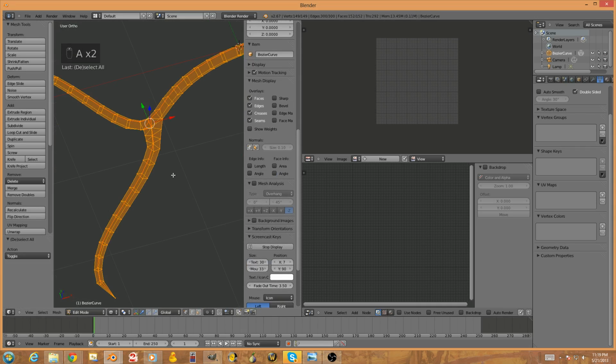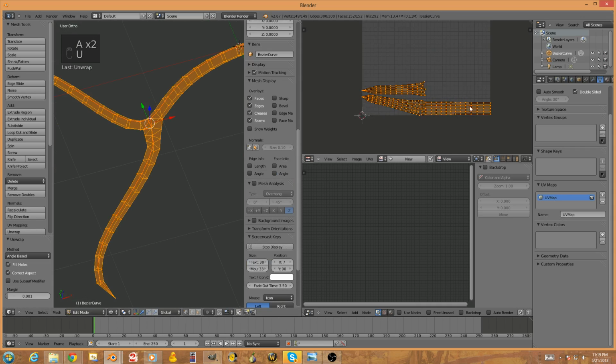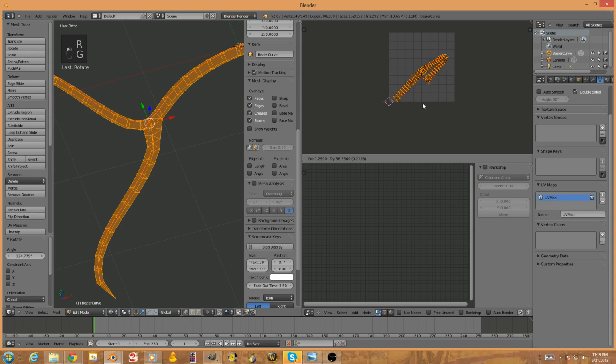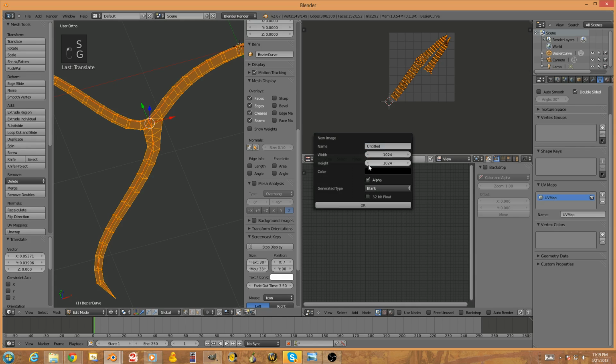Okay, now if we select the entire object, hit U and unwrap it, we have it right here, unwrapped pretty nicely. We can just move that, rotate that around, and scale it appropriately to fit a nice scene right there. And so instead of just laying a texture underneath it, I'm going to do a pretty common practice and actually